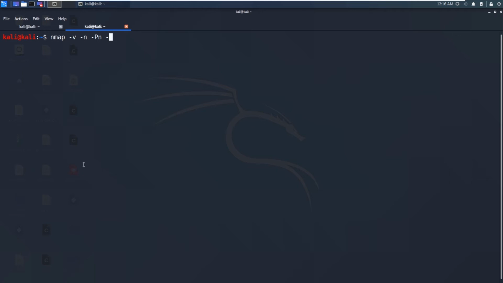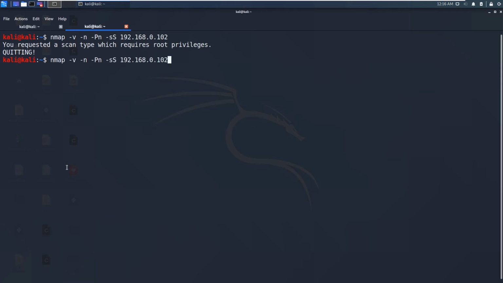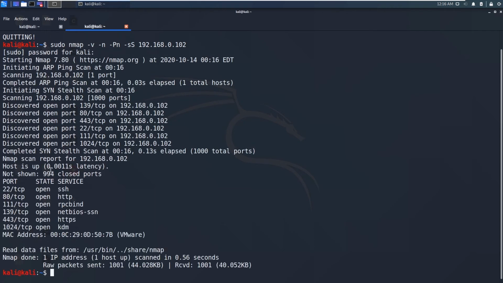Now what I want to do is the stealth scan, and we can type the IP address. This also requires root privileges. There are other scans as well, like zombie scan and Xmas scan.